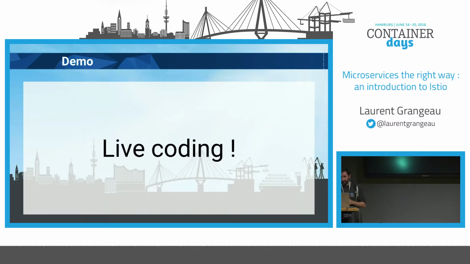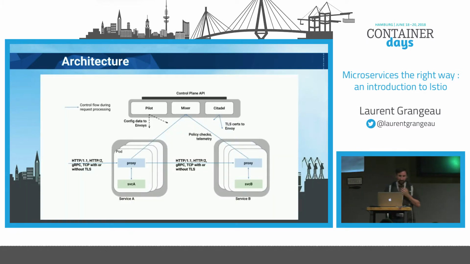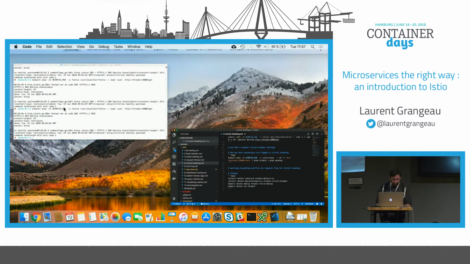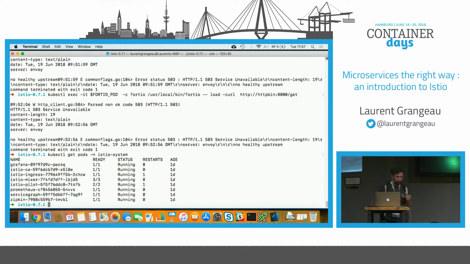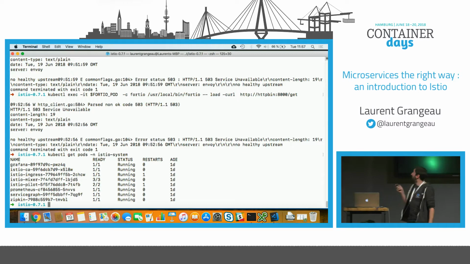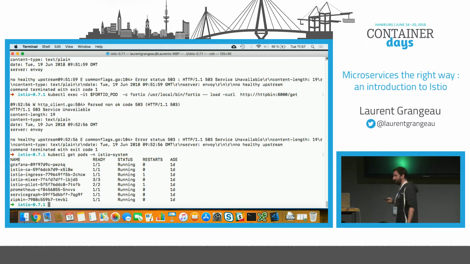So I will go back to the architecture. Actually, every square is a pod. Here you have some pods deployed, and I can show you that it has been deployed. So here you have all of the pods deployed in a separate namespace called istio-system, and you have the ingress part, the mixer, the pilot, and some other stuff.